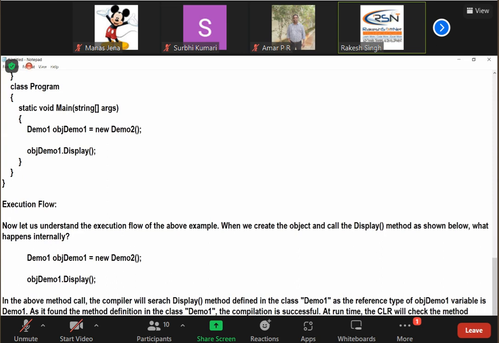Are you getting my point or not? Yes sir. At runtime, CLR will check the method implementation in the class Demo2, because